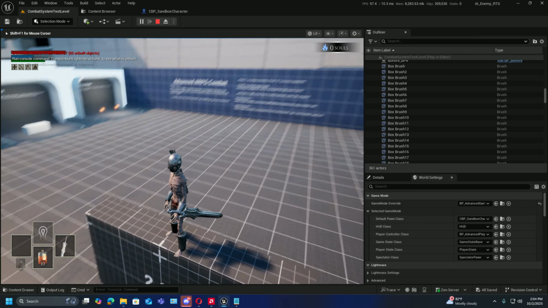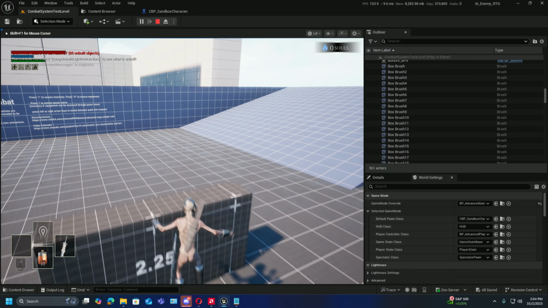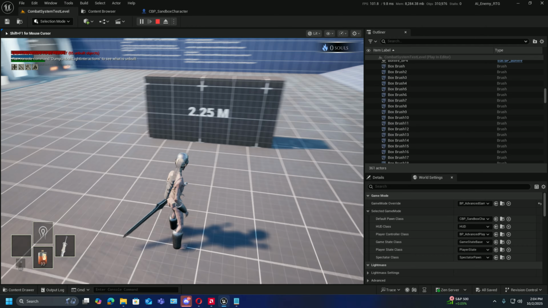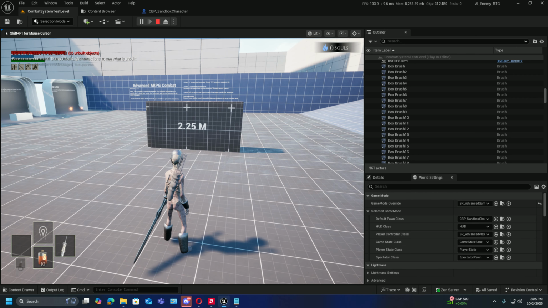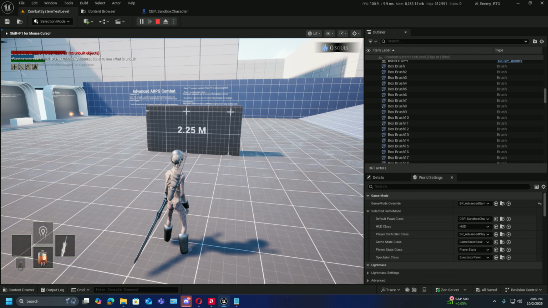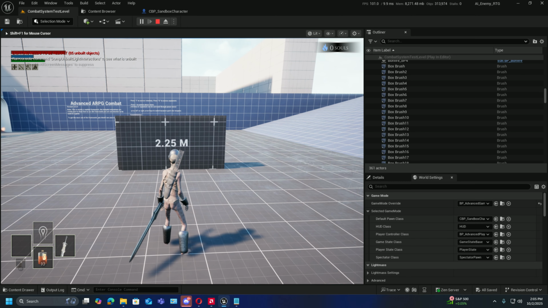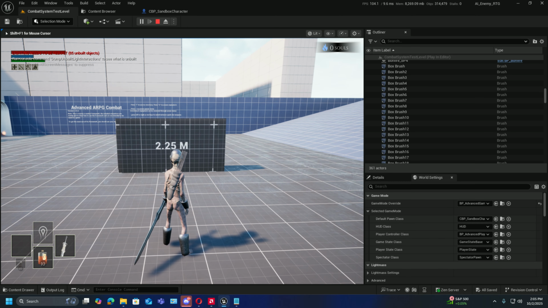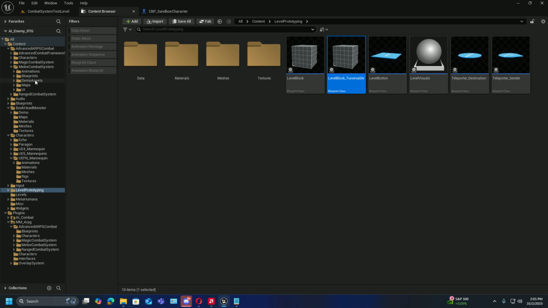The animations are a little funky, and that's going to be because of the height difference. The only way to fix that is going to be by retargeting all the animations, which is kind of a pain because there's, I believe, like 400 of them. And you're going to have to retarget and reassign each and every single one of them. For now, I'm not going to do that in this video, but I am going to show you where you need to do these. So you have to go to